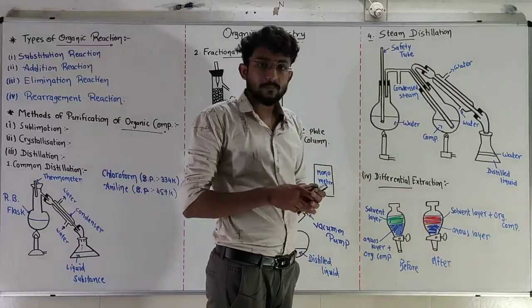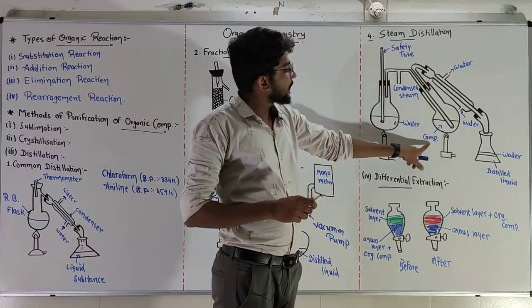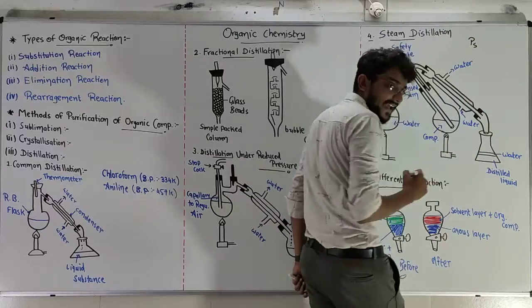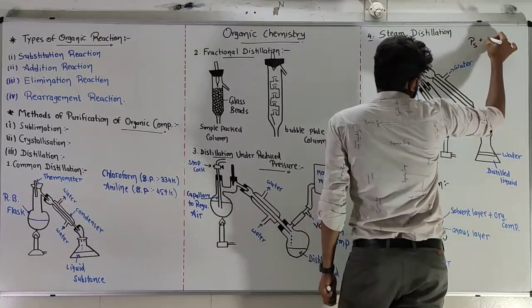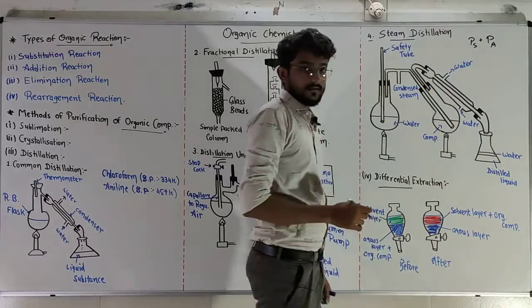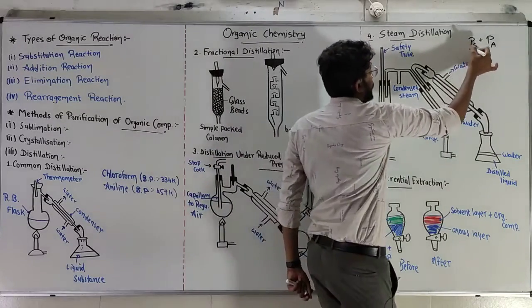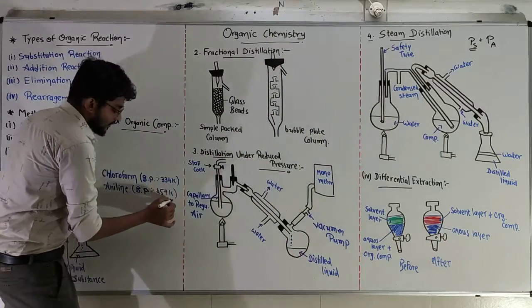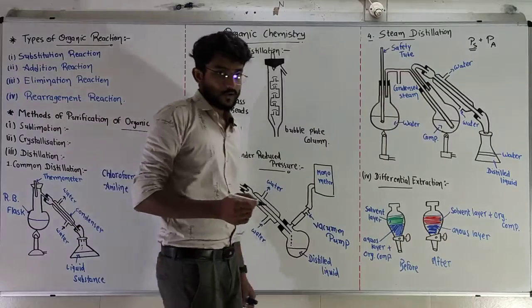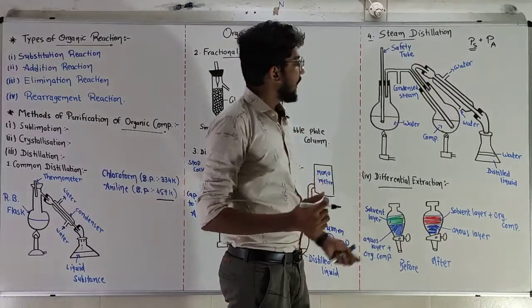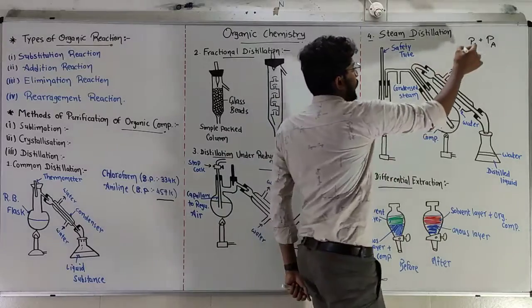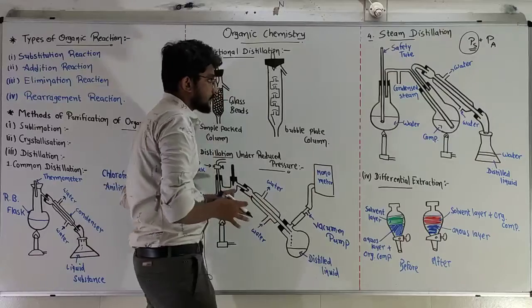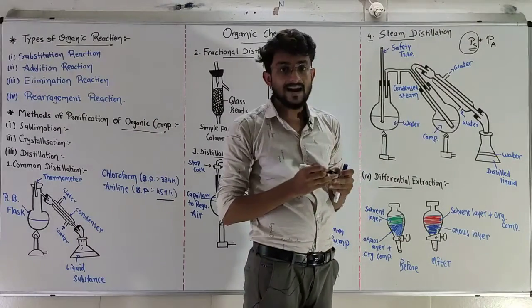And because of the steam, the vapor pressure of the aniline will also increase. In the sense that if the pressure of steam is S and the pressure of aniline is A, we are adding the pressure of the steam so that aniline can boil at a much lower temperature than its boiling point. So its boiling point becomes less and it starts to boil because we are adding pressure from the steam. Here we reduced outside pressure, here we increase inside pressure by steam.